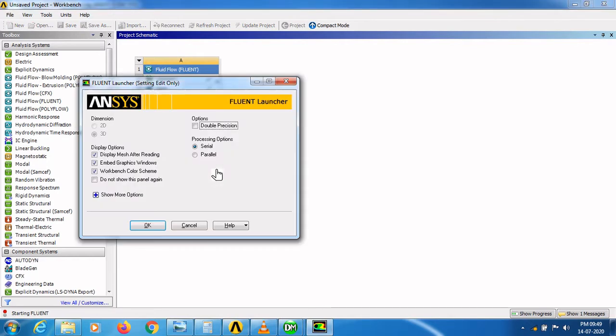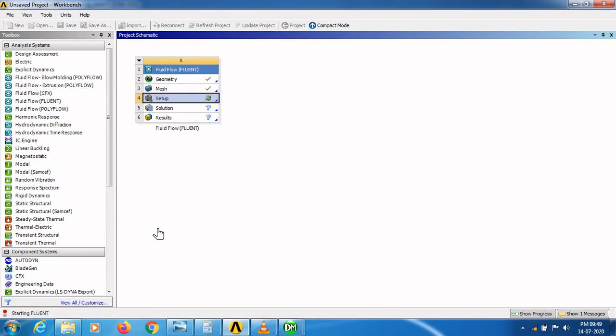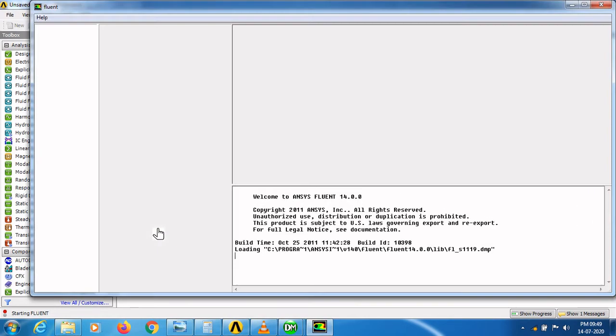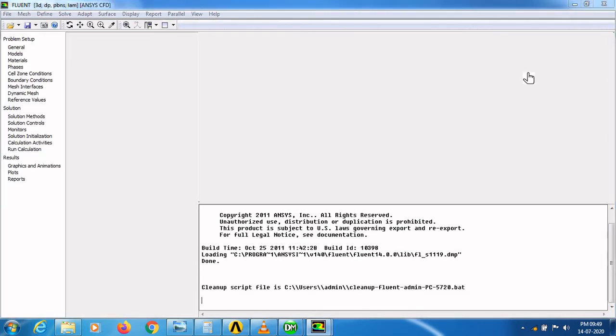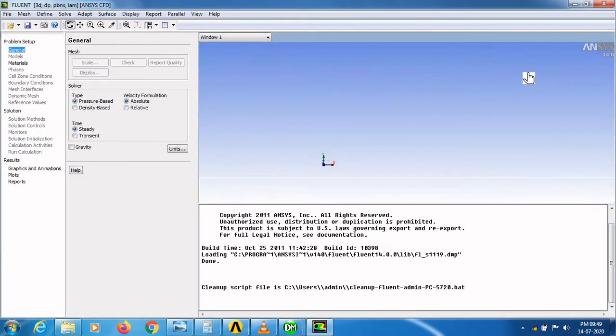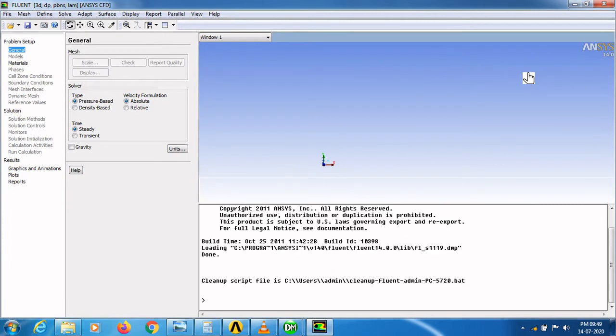Now open the Fluent setup section. Here you have to select double precision option and serial option. Click OK. In problem setup, go to general mode.